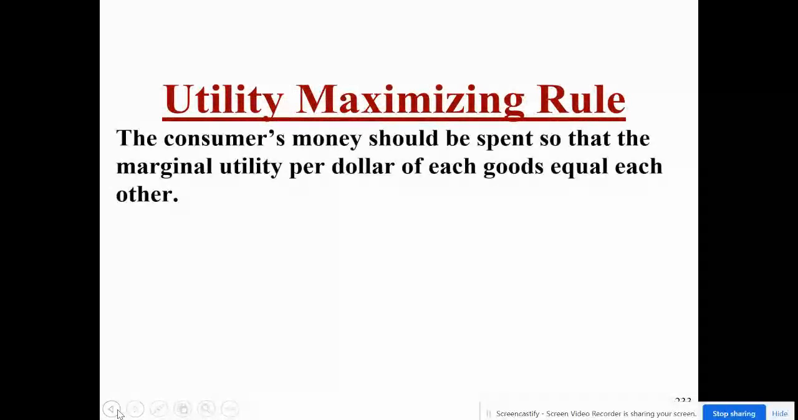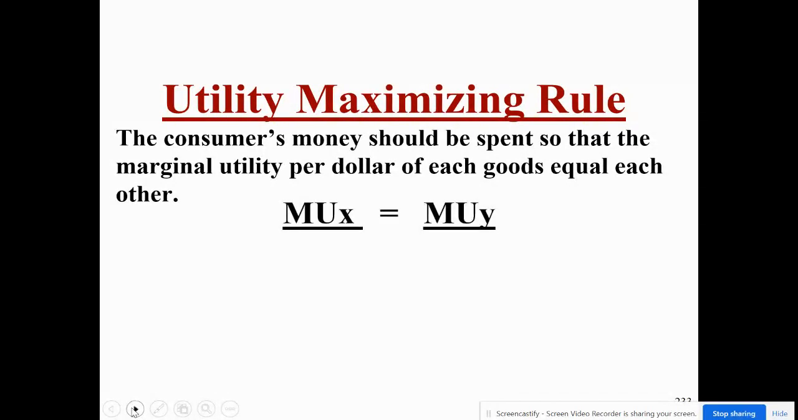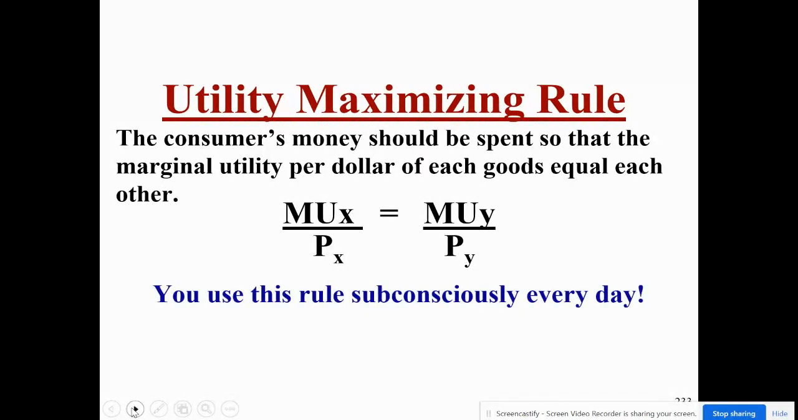So when we think about utilizing our maximization rule, consumers' money should be spent so that their marginal utility per dollar is equal for each good. So this is the equation we always want to use. This is the formula whenever we're talking about two products. So it's very similar to when we talk about